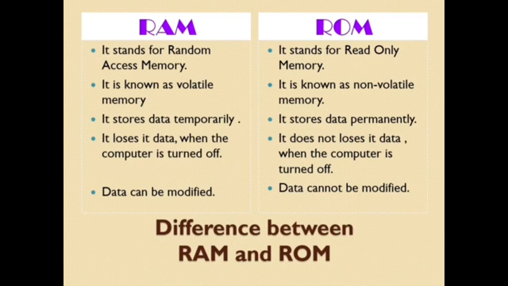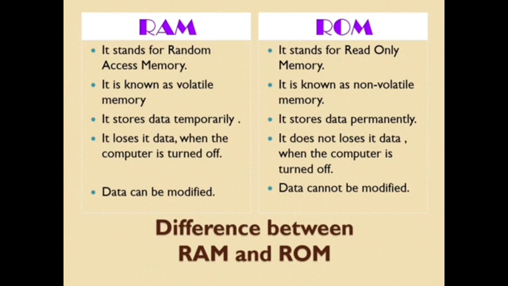I already told you, in RAM we can modify the data also. There also we can store data, but there we can modify, and if you want you can delete the file also. But in a ROM it cannot be modified. We cannot delete any file. So the data is stored permanently. RAM loses its data when the computer is switched off. For example, you are typing a document and you didn't save that file and you switch off the system, the file will be deleted.